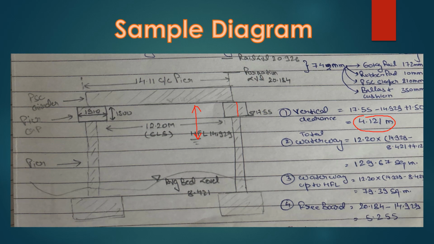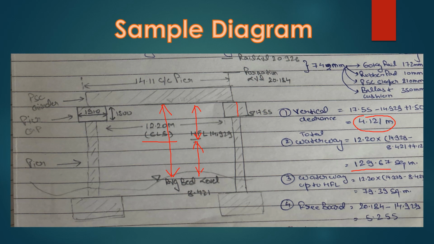Now, in order to calculate the total waterway, we needed the vertical clearance. How do you calculate the total waterway? It is the clear span, which is 12.20 meter, into this distance. So how do you calculate this distance? We have highest flood level, we have average bed level. If we subtract them, then we will get this distance. We have already calculated this vertical clearance. So by adding both of them and multiplying with 12.20, we get this total waterway. So if we calculate the total waterway, it will be very easy for us to classify the bridge as per the